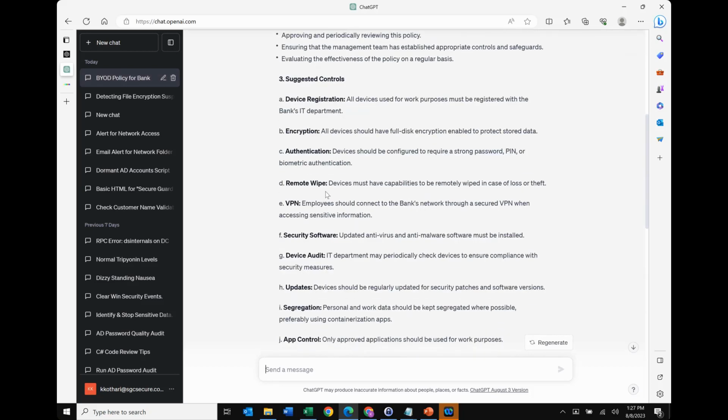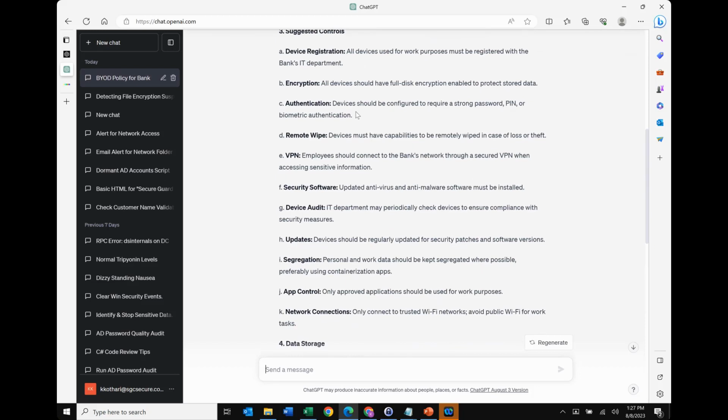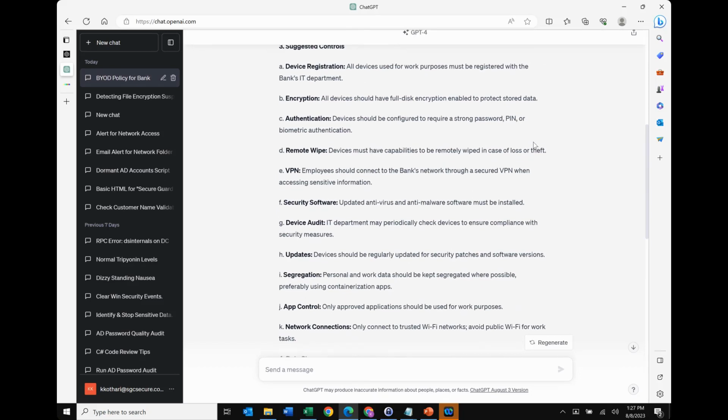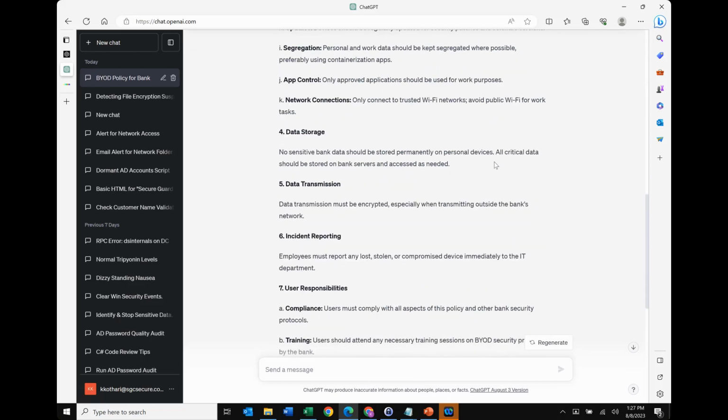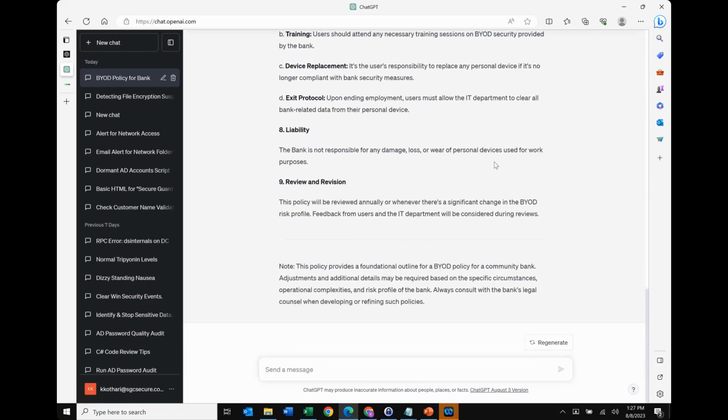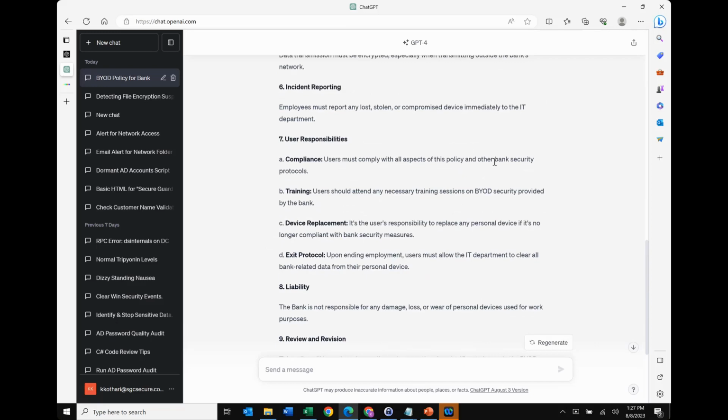And then they've got the suggested controls. Device registration. All devices for work purposes must be registered with the bank's IT department. Encryption. All devices should have full disk encryption to protect stored data. Right? It's a policy. It's really a full policy. I don't even know what we could expand on here. And so